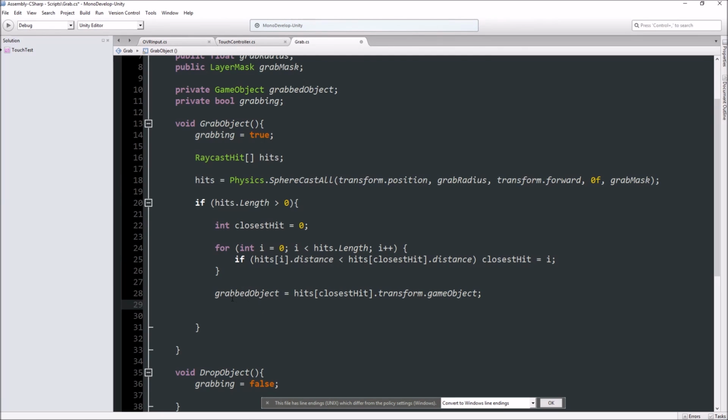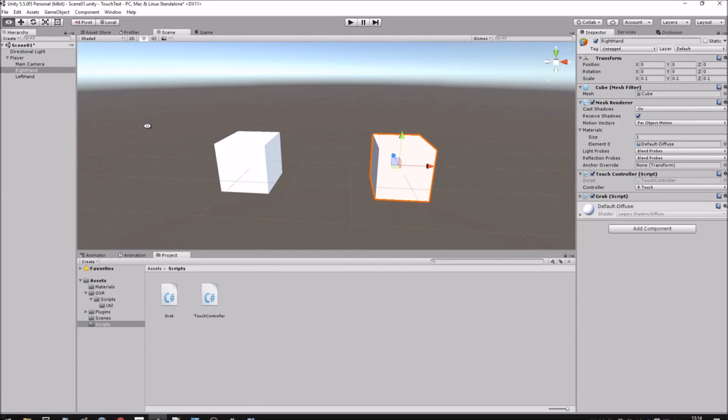Now, when we grab an object, at the moment, all of the objects that we're grabbing have rigid bodies attached to them. And when we grab an object, we don't want that object to be affected by forces anymore, because we want the object to follow our fist. So the way that you can make a rigid body not be affected by forces is by making it kinematic. And if we go back to Unity,